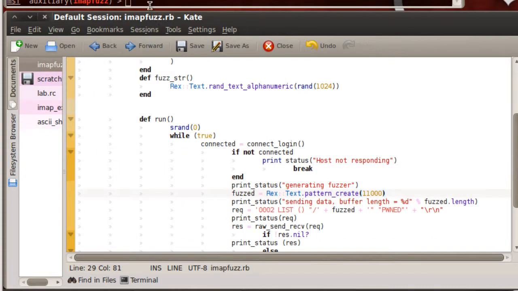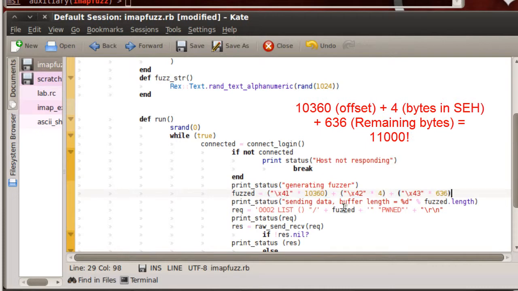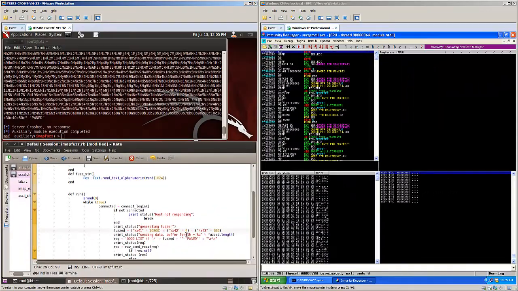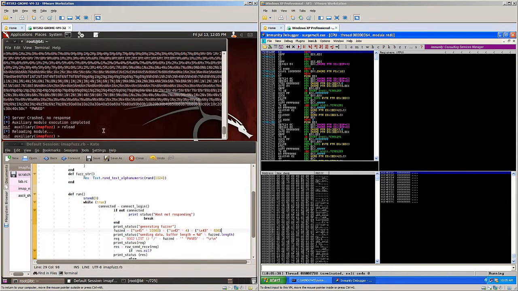We're going to modify our fuzzing code just a little bit now so that we can send 10,360 bytes of the letter A, followed by 4 bytes to overwrite SEH, followed by 636 bytes to fill the remaining 11,000 byte buffer. This modification of our code will allow us to prove that we're able to successfully overwrite the SEH handler with exacting precision,